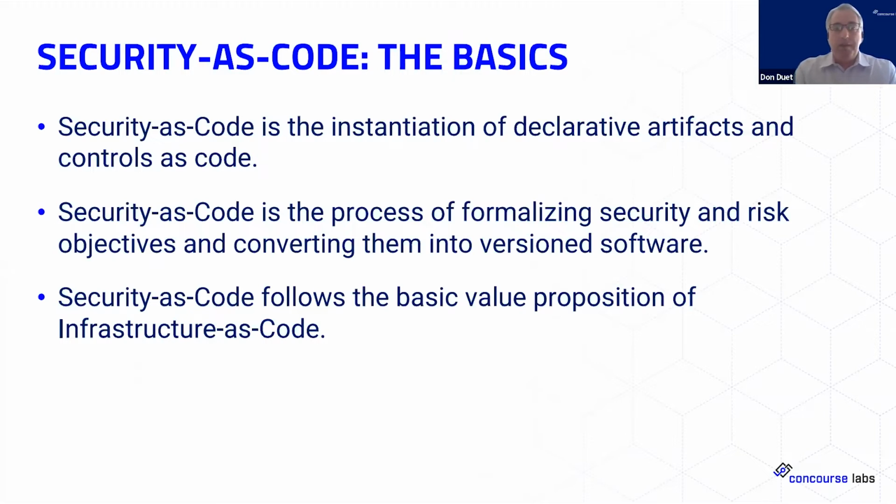And then lastly, it's very important to recognize that much of the security as code approach and the components of security as code follow very much the basic value propositions we've already seen in industry of DevOps and the shift to infrastructure as code. So having the ability to support idempotent declarative artifacts of control, the ability, as we mentioned before, to shift into much more of an automated model and manner is what we are ultimately defining security as code to be. What's also very important is what it's not.